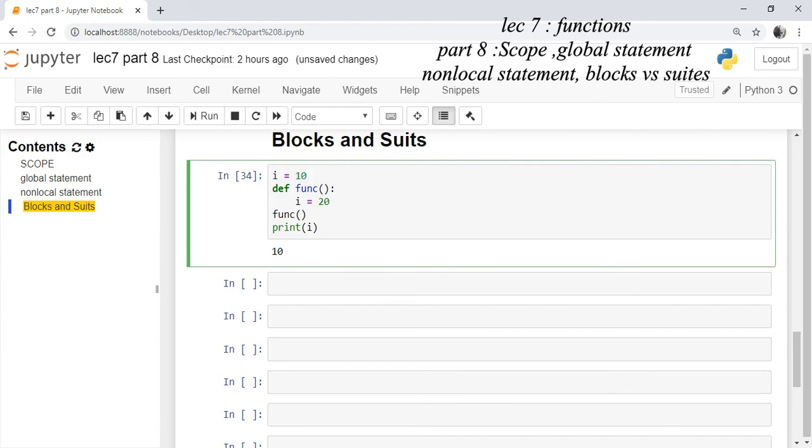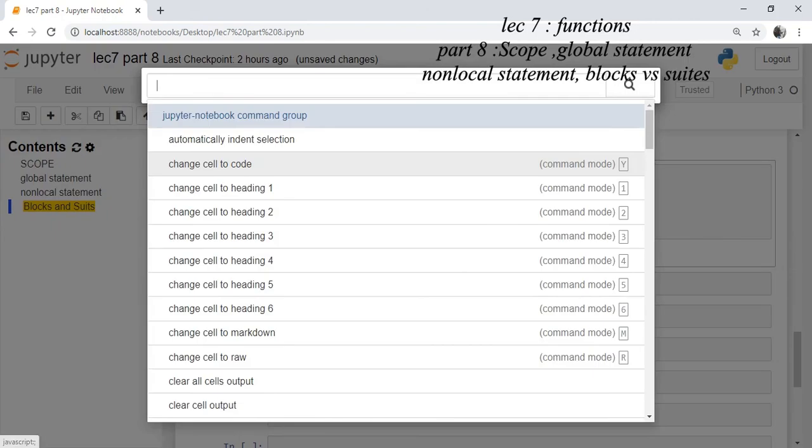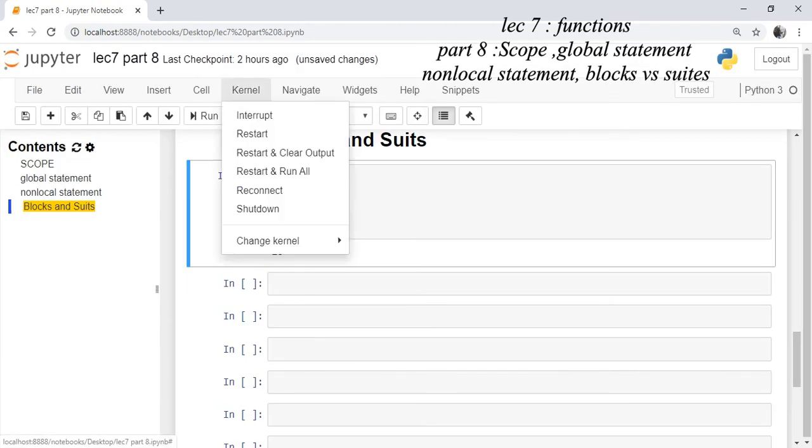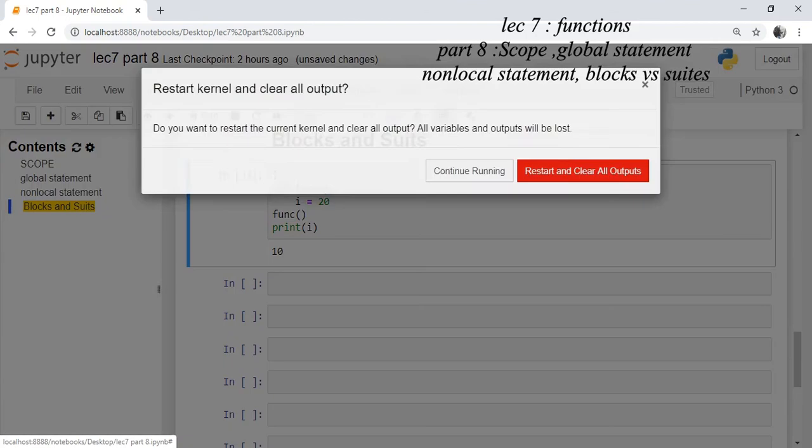If you delete this, okay, what I am doing here is pressing escape P, and I want to go to kernel, restart and clear output.